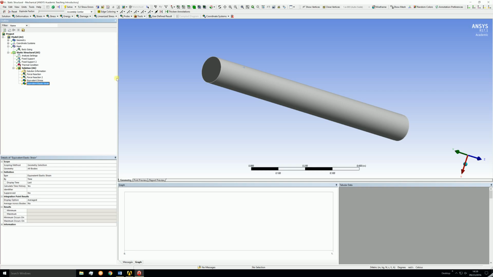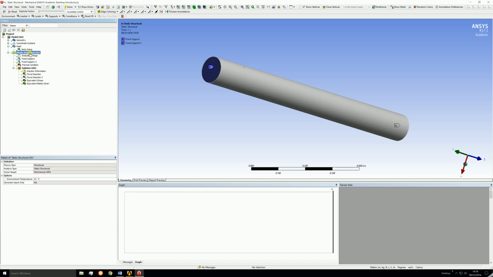Now that all that's done, it's time to run the simulation and solve for our desired results. Select Static Structural, then hit F5, or right-click Static Structural, and click Solve. Wait for the program to solve. This progress bar will show you how close it is to doing that. So while we wait, let me tell you a little bit about what's happening